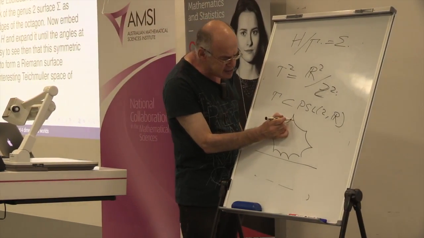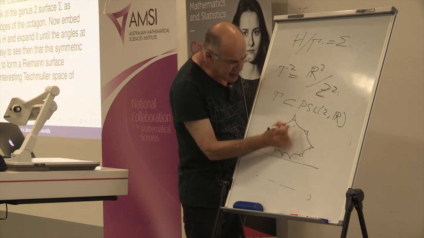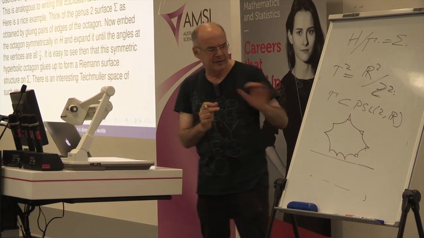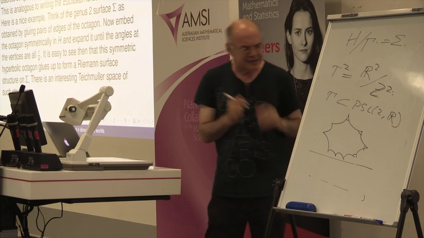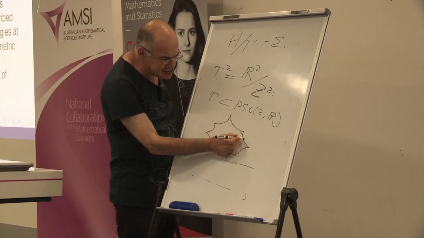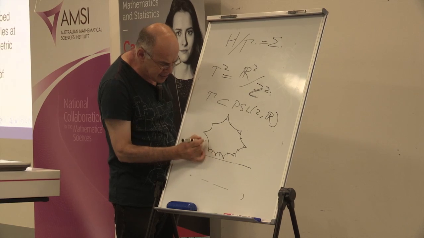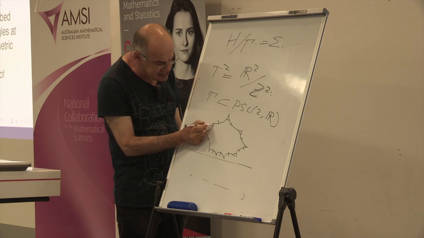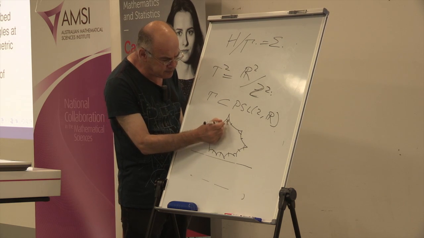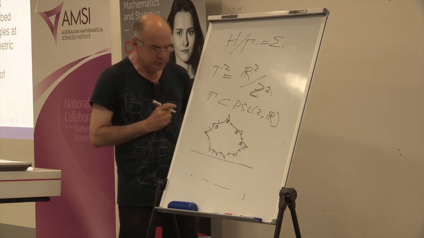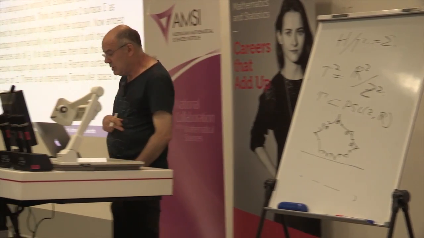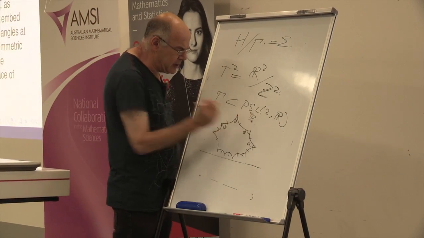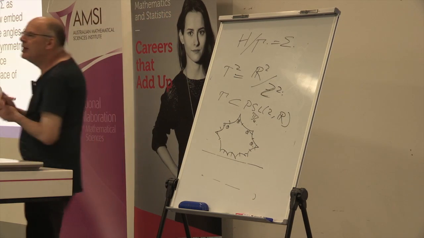And the question is, what are these angles? And, of course, what are these side lengths? What I claim, and it would take too long to explain, so I hope you'll believe me about this, is I can actually make this symmetric, where all of these sides are equal length and all of these angles are the same. And in fact, I can make all of these angles pi over 4, 45 degrees. So how do I know that?